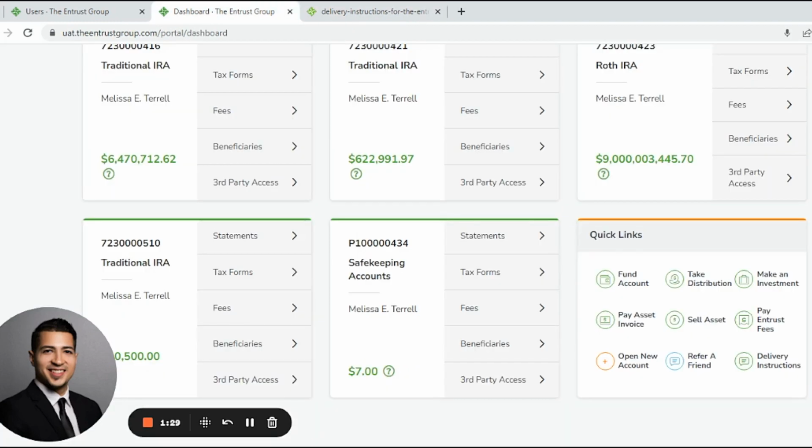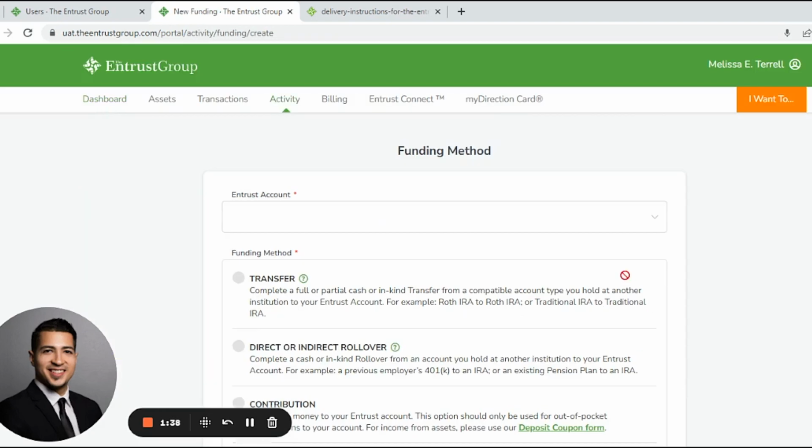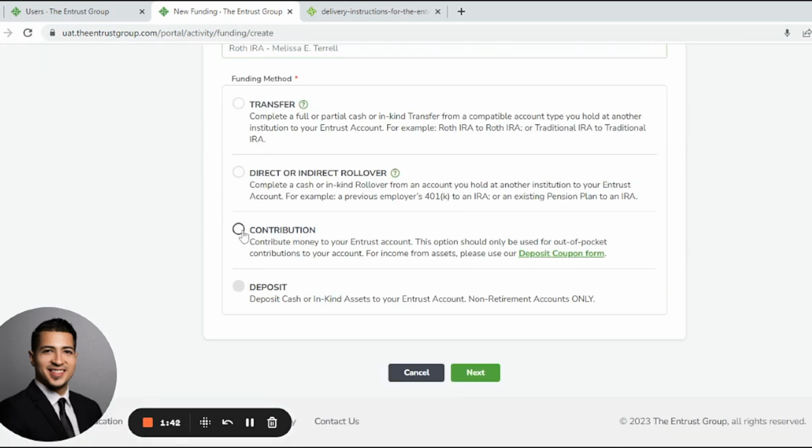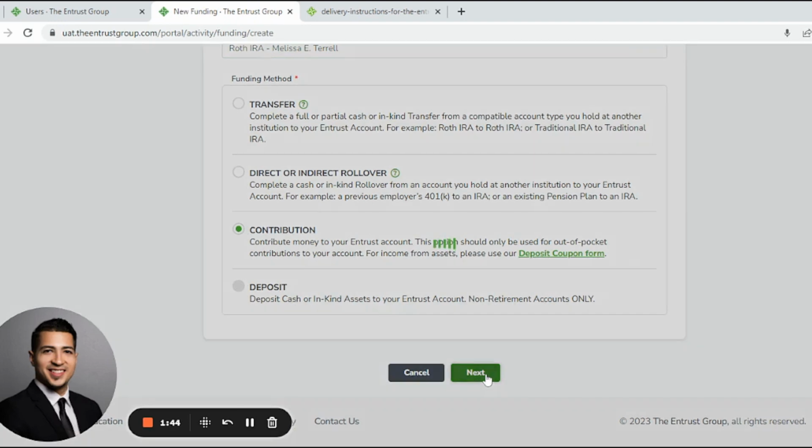So going back, you then want to submit a contribution request. This is the second step. So to do that, you want to look for the quick links box again, click fund account, select your account, select contribution, select next,